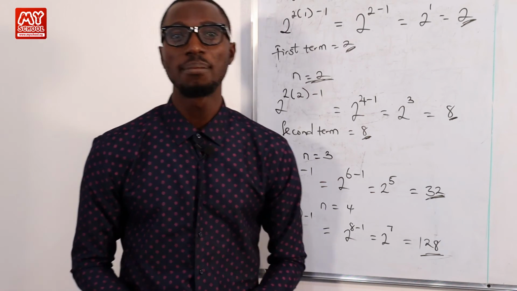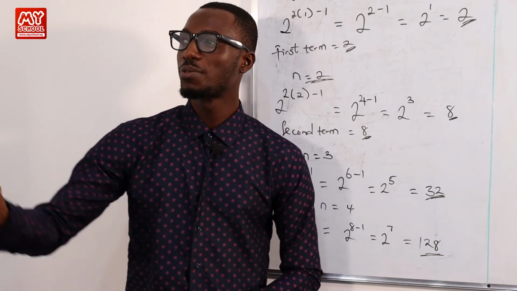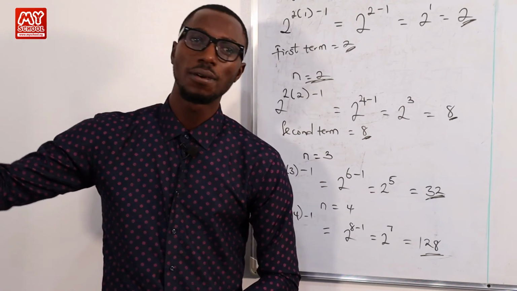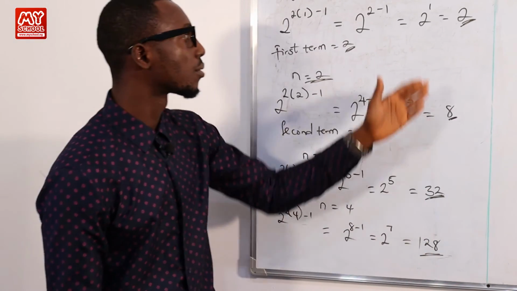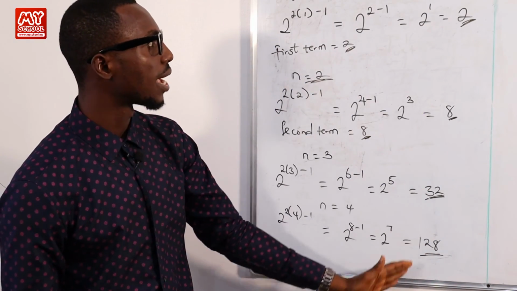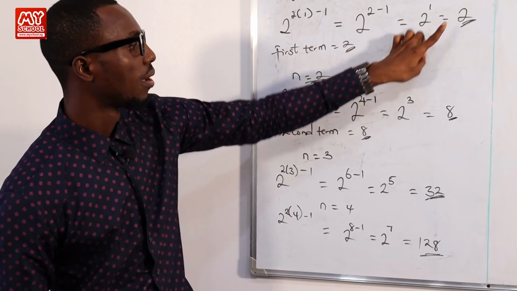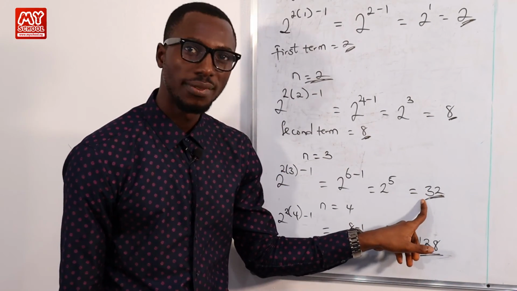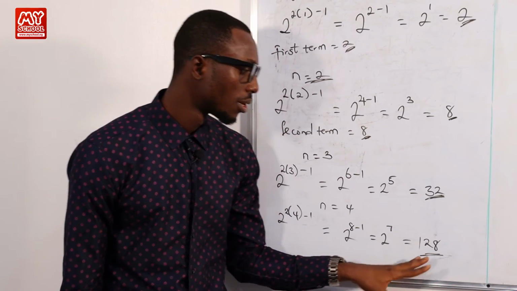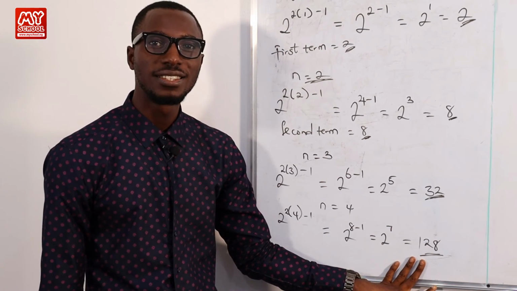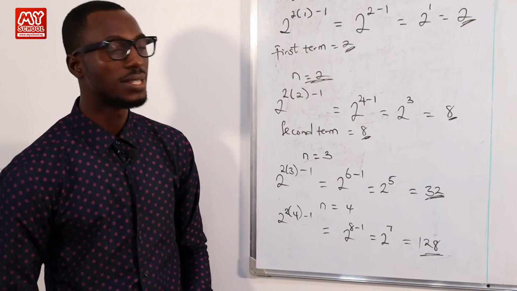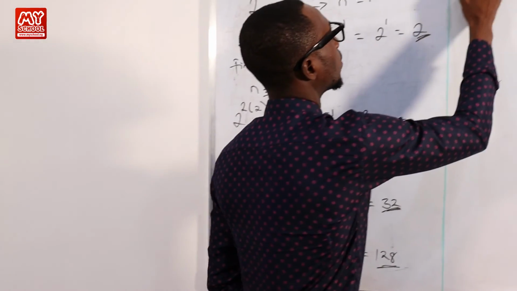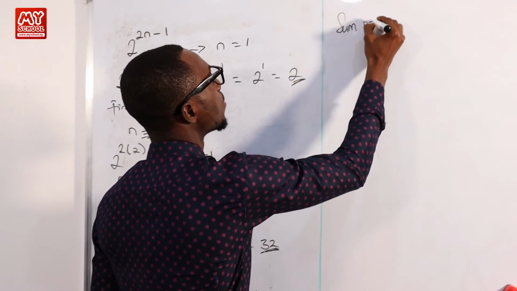This is our fourth term. So from the question, we are asked to find the sum of the first 4 terms. If we are going to sum up the first 4 terms, that will be 2 plus 8, that's 10, plus 32, that's 42, plus 128, that gives us 170. So sum of the first 4 terms